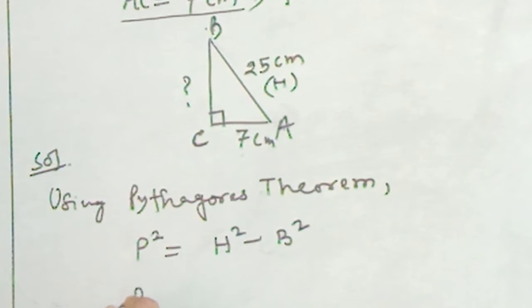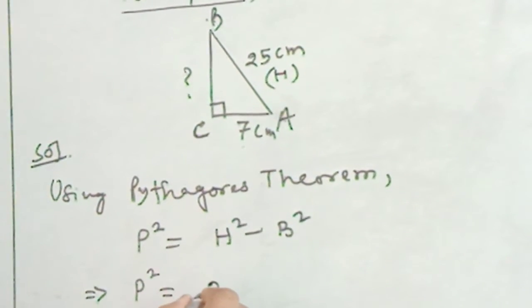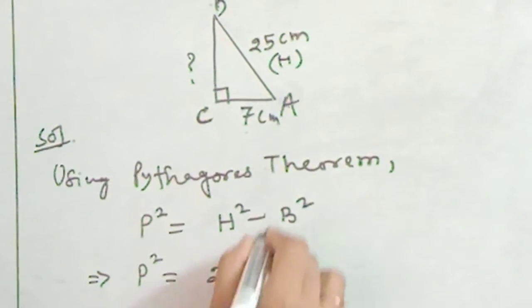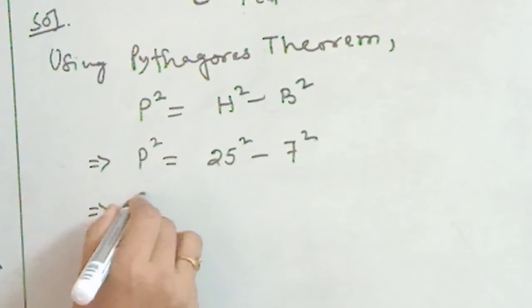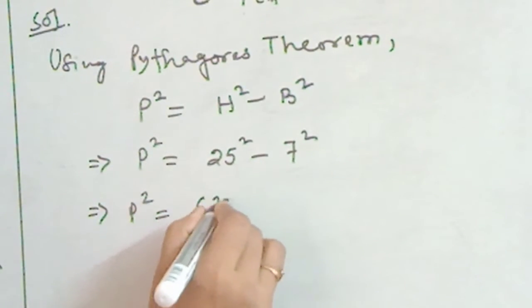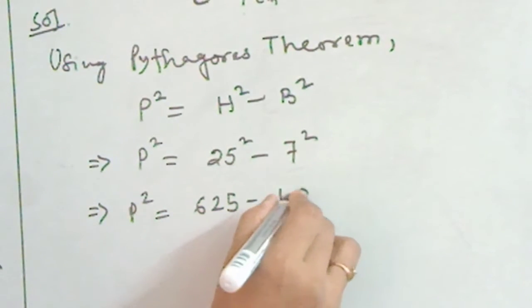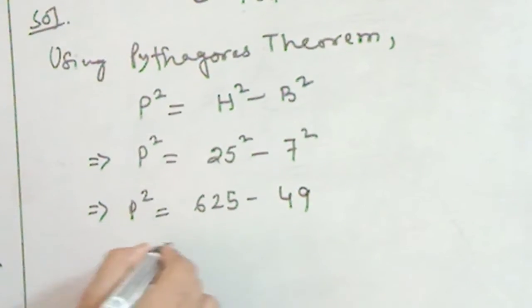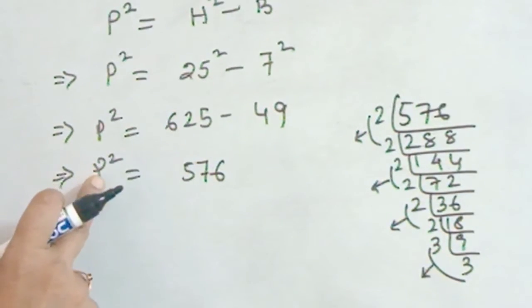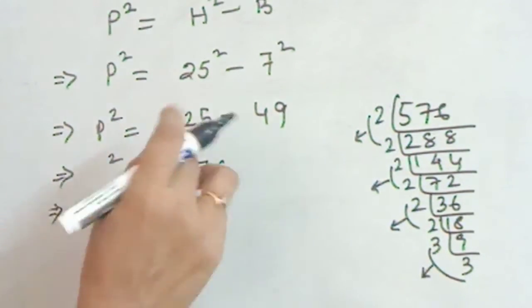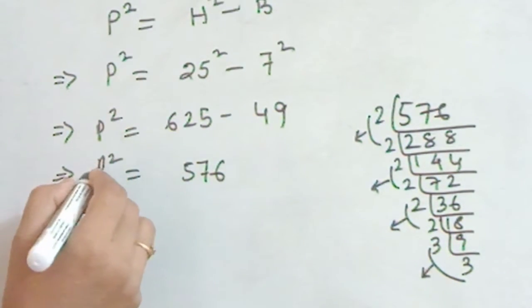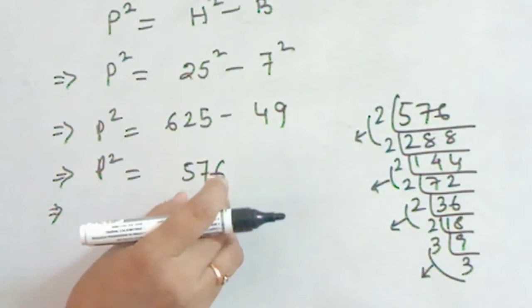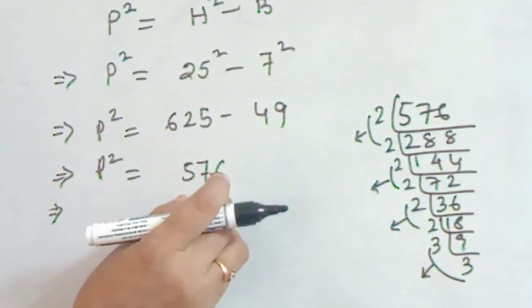So perpendicular square is equal to hypotenuse square, means 25 square minus 7 square. Now perpendicular square is equal to 625 minus 49. Now when you subtract, you are getting 576. It is P square. Now to find the number whose square is 576,